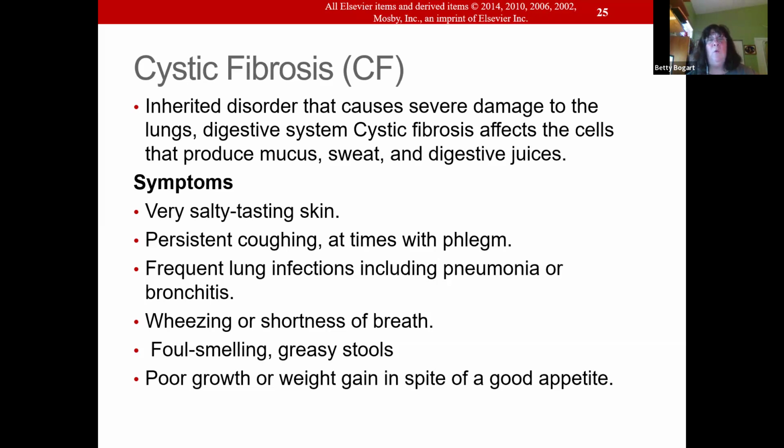We'll test them, and what we do is what we call a sweat test. It's literally monitoring salt on the skin. These children, if you were to tell the mother to lick the skin of their baby, it would be very, very salty. Because of that, you're never going to limit salt intake on them. They need salt. They're losing it like crazy. Cystic fibrosis is a condition of mucus that fills up the lungs. So you're going to be doing aggressive pulmonary care.